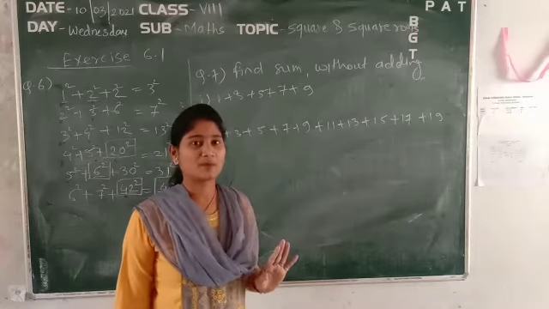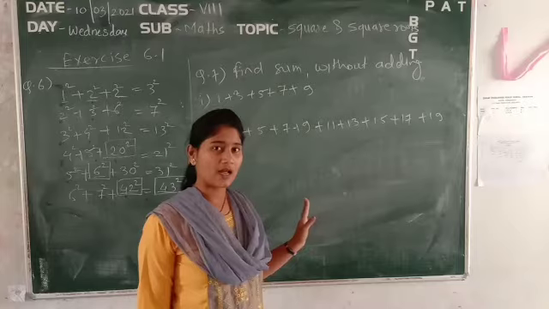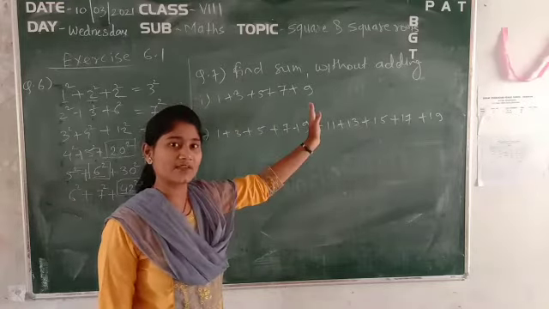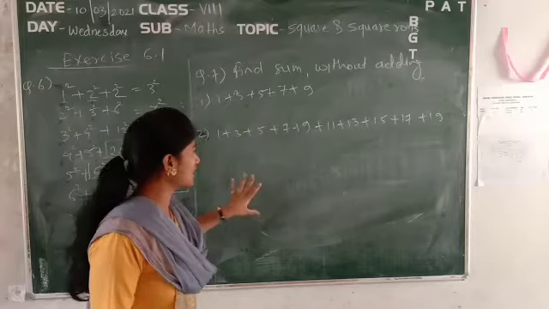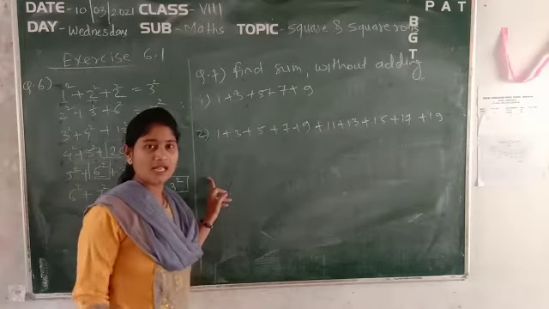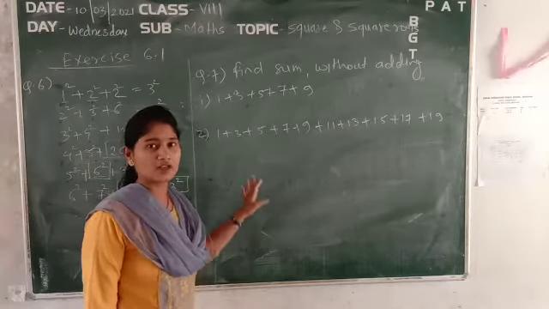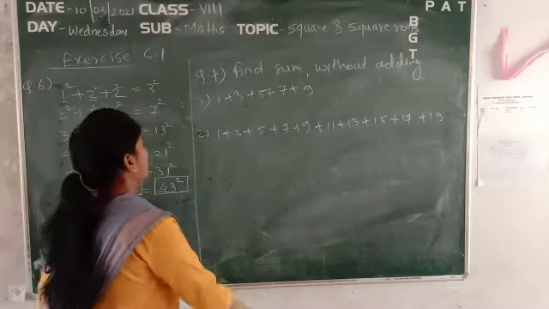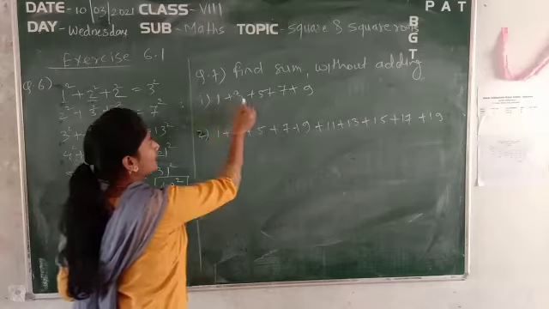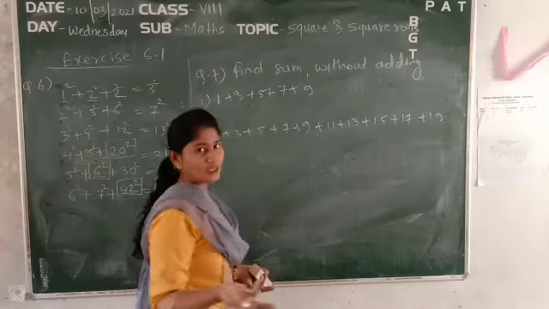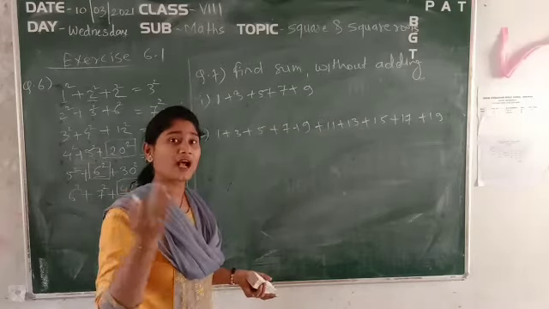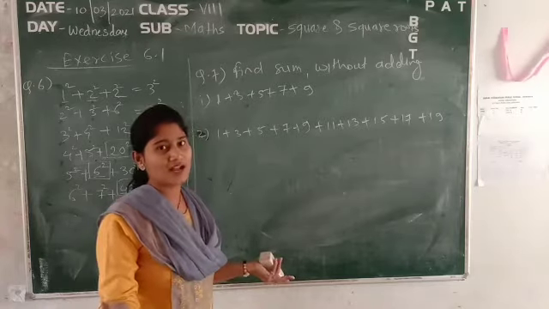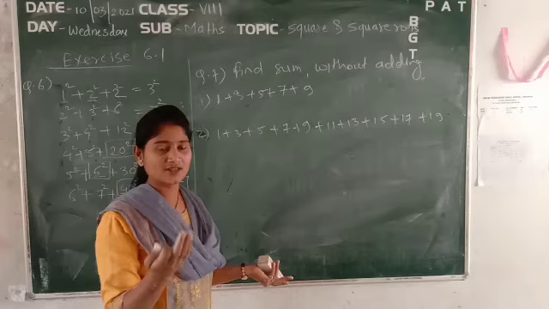If you remember the property, what was the property that I told you regarding this one? If a series of odd numbers is given, see, in 3 cases, like in the third question also, in your book, the third question is also related to a sequence of odd numbers only. Okay. So here what you have been given is 1, 3, 5, 7, 9. These are the odd numbers. So if we count the number of odd numbers and take the square, then we will get the addition of those numbers. Right, now this was one property.